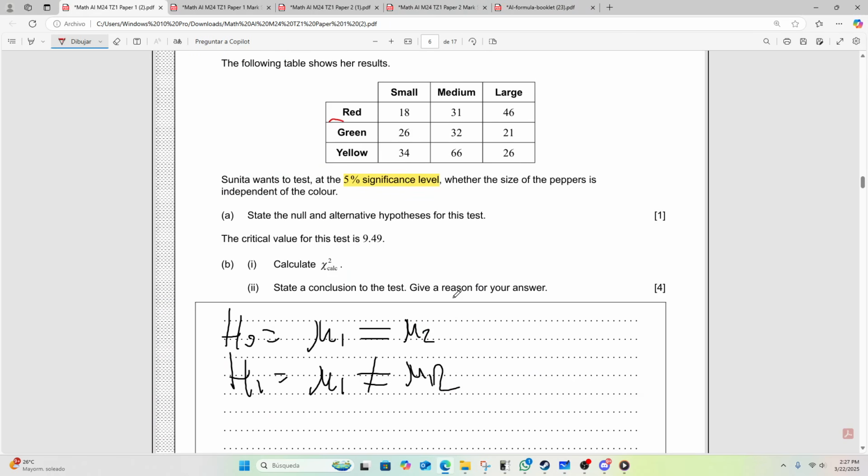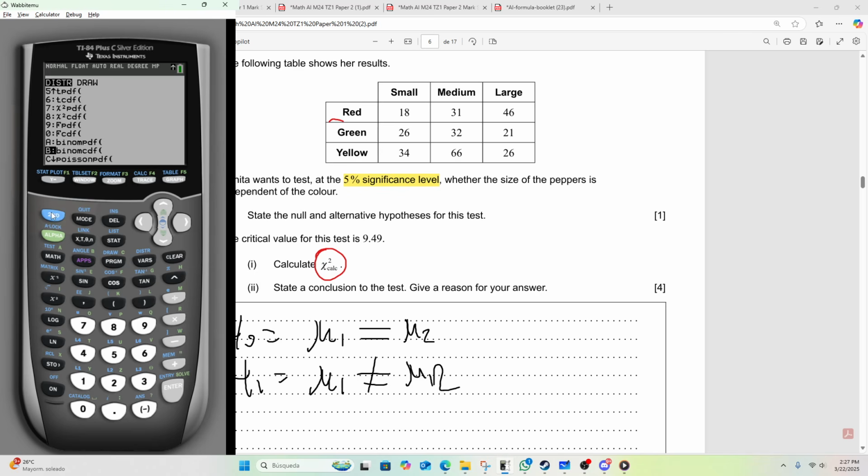And really from there, all you have to realize is what it's actually asking for. So the chi-squared statistic, and here is something I can help you with, the procedure. For the chi-squared, within your calculator, you go to stat, go to test because it's a statistical test, and look for chi-squared. And you're going to find two of them: chi-squared test and chi-squared GOF.